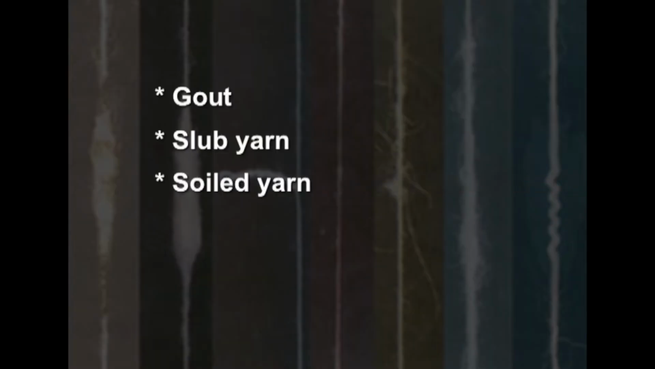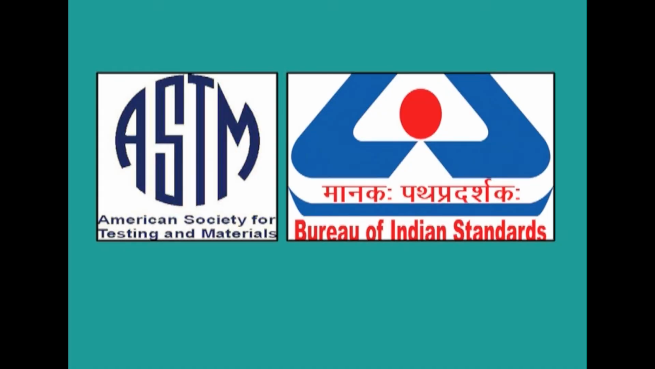Soiled yarn means an individual yarn that is discolored by dirt, oil and other contaminants. And spoilt yarn means a yarn which appears in the fabric as a thin yarn. So, having known the yarn defects, let us see the fabric defects that are identified by American Standards for Testing